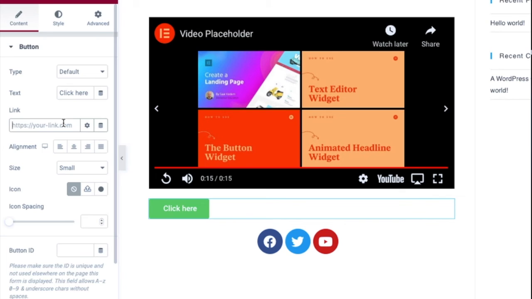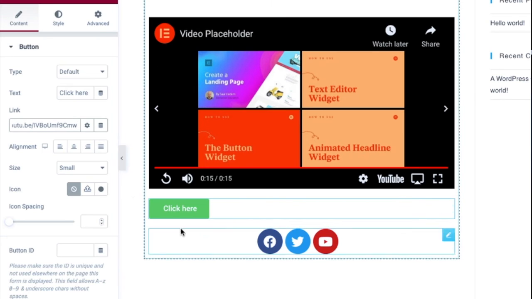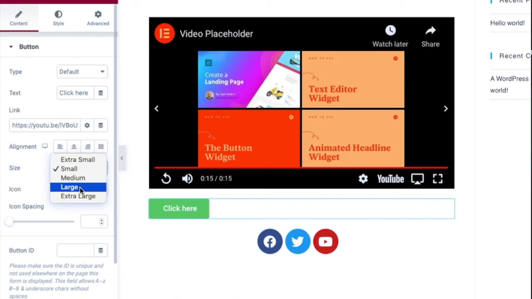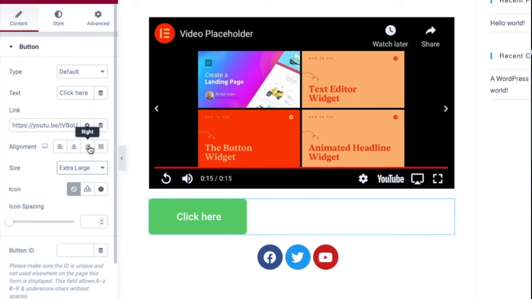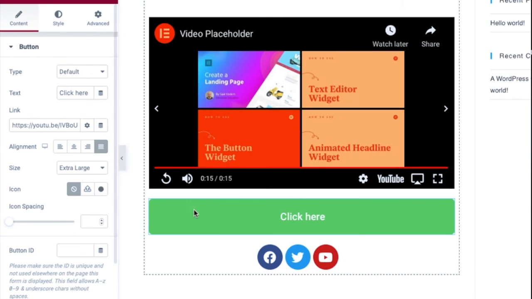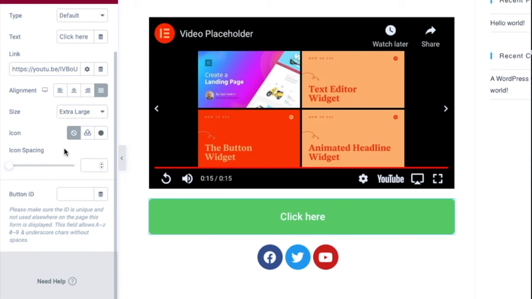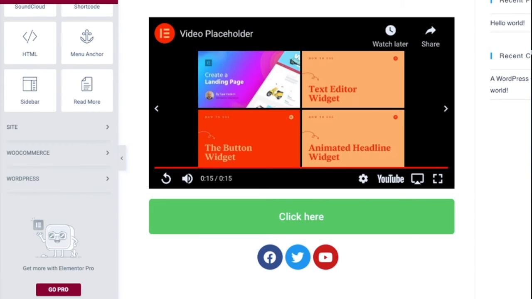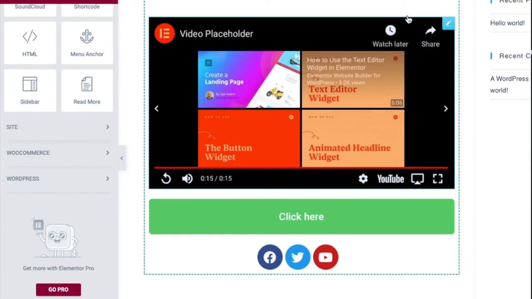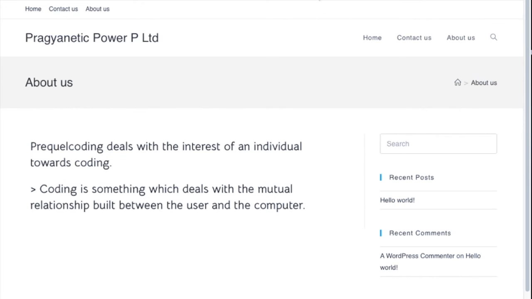Here I want the desired link to be here. So you may ask the text to be large or extra large, and you may centrally align it. So I have justified it to be present on the full button.